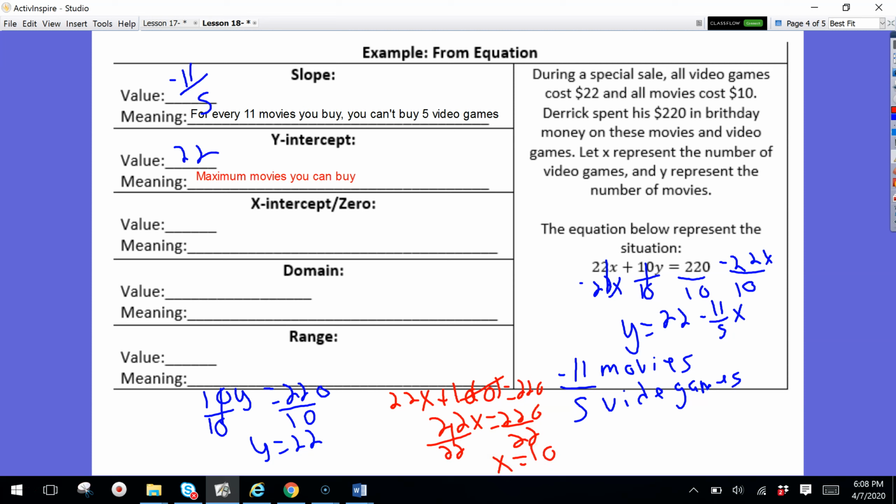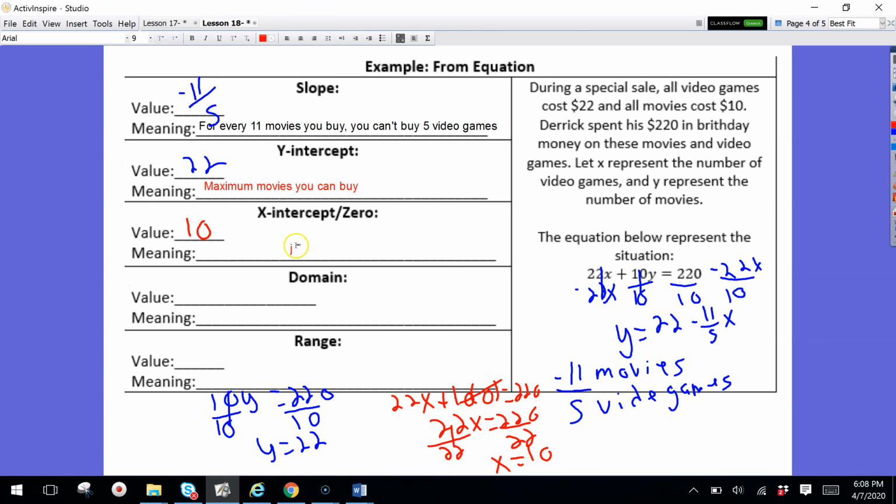So here my x-intercept is 10. And again, this is the value of x, so the value of the video games, so the amount of video games you can get if you buy no movies. So that means if you decided to spend all of your money on video games, this is the maximum that you can get. So let's go ahead and type that in. So it's the maximum movies